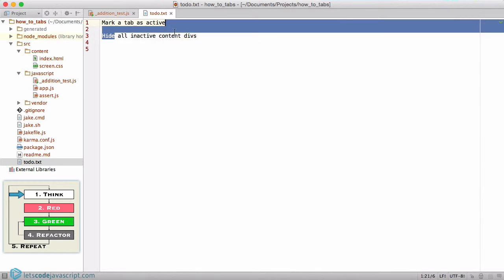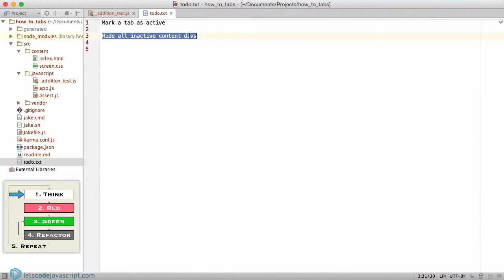Let's take this and make it even smaller. Often when there's something to be done that involves multiple things, I'll start out by doing just one thing. So we could say hide one inactive content div. And we can make that, and that's still a little bit big. You can see now why I say that the think step is the most important and the